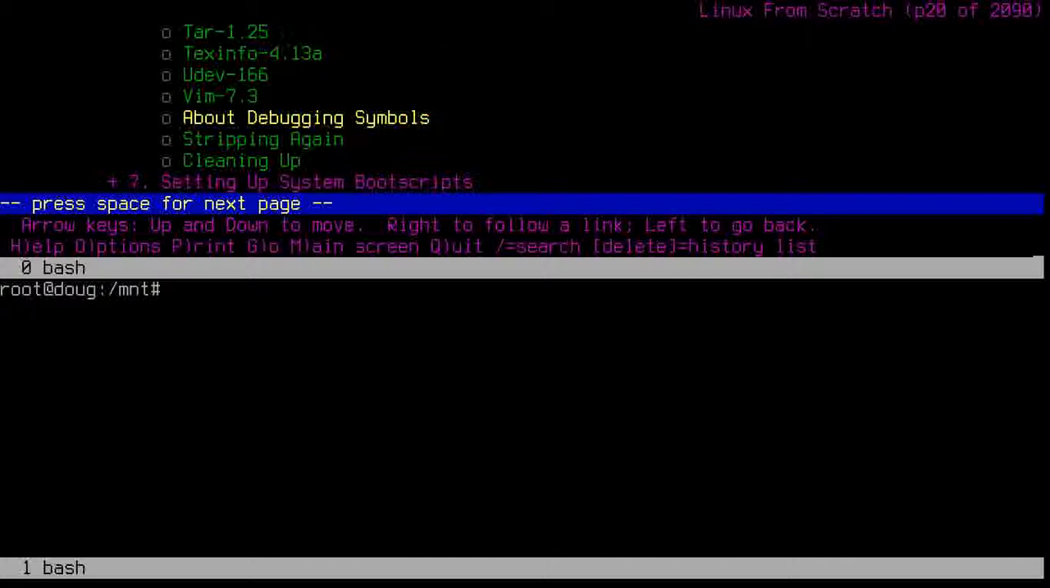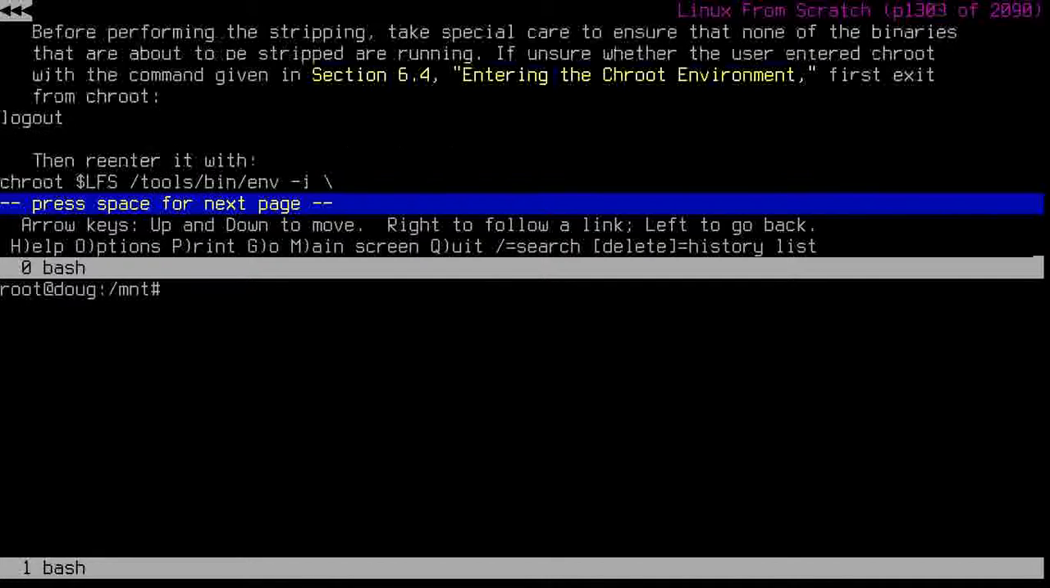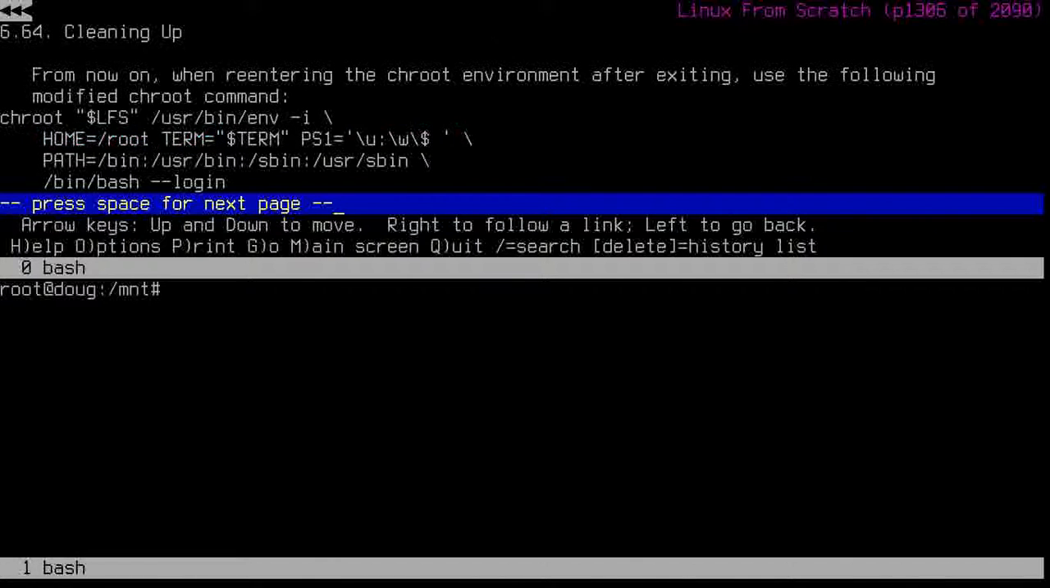After we stripped off, right before section 7, we had to strip off and clean up. Okay, remember we had to log out, and we had to log back in, and we had to strip off the binaries. Okay, slim it up a little bit. And if you remember in 6.64, it says here, from now on, which is right now, when it sees rooting after exiting, use the following modified chroot command. Okay, so that's what we're going to do now to chroot into our system. So let's say chroot $LFS /usr/bin/env -i